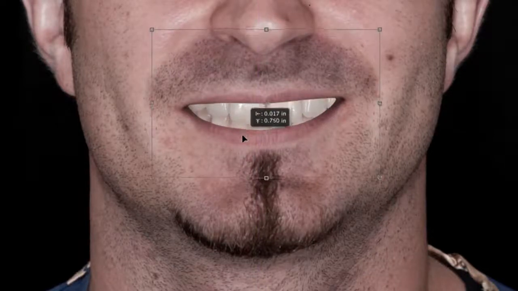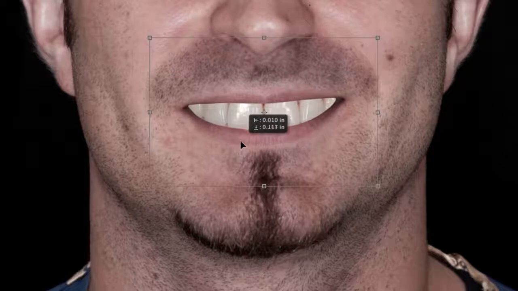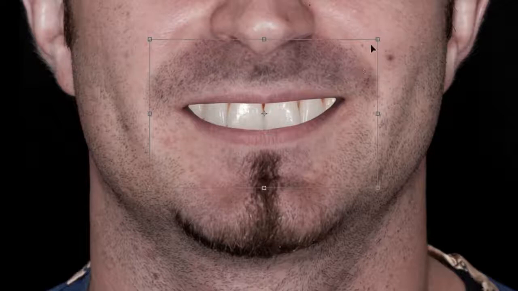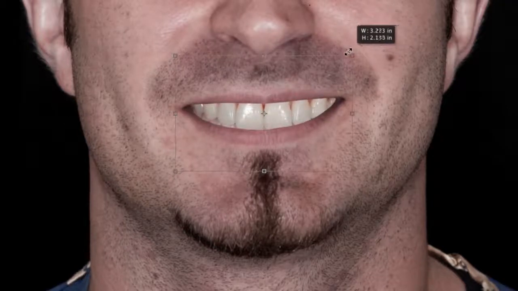So I'm just clicking and dragging and centering the teeth about where they need to be, that little box about where it needs to be, and that little thing you see in the center there, that's going to stay there. If and when I change the shape of this, I'm going to shrink this box down. I'm going to hold down the Shift and Option or Alt. Option if it's a Mac, Alt if it's a PC. All right, hold that down, and it's going to change proportionately, and it's going to change from that center little